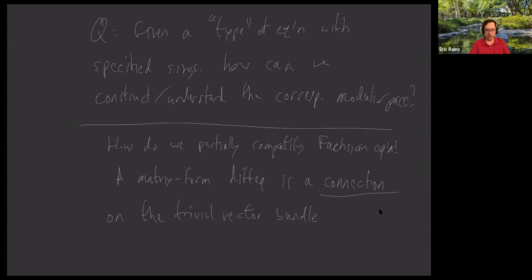And since we're doing algebraic geometry, I'll write it as a power of the structure sheaf. Because we're doing algebraic geometry, what we mean by a connection is likely less familiar, but that's what a matrix form differential equation is if you think in differential geometry terms. We have this vector bundle, and we have this connection on the vector bundle, and this equation really is specifying a connection. And so to compactify,